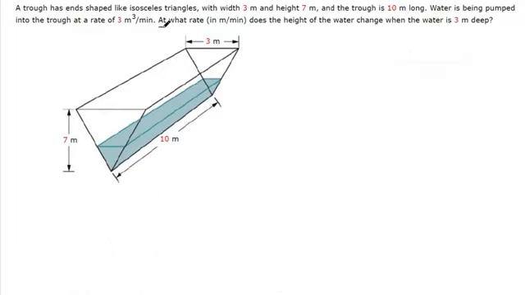This problem wants us to calculate the rate that the height of the water is changing. So if h is our height, we want h prime. So we want to construct some sort of equation that can help us relate all this information we're given to the rate of change of the height. And I think the equation we're going to want is the volume equation. The volume of this thing